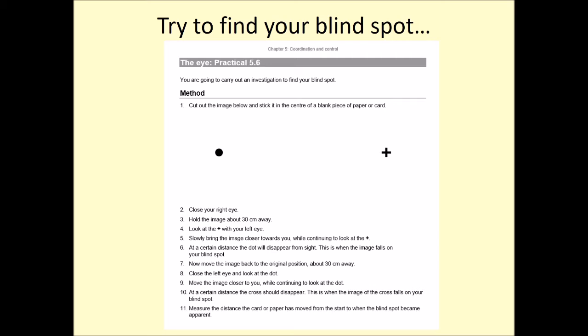I'm not sure how well it works, but you can try that. Close your right eye, hold the image about 30 centimetres away and look at the cross with your left eye. Slowly bring the image closer towards you and continue looking at the cross. And then when the image falls into your blind spot,